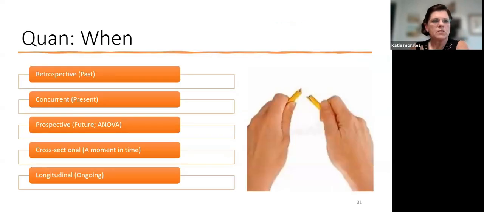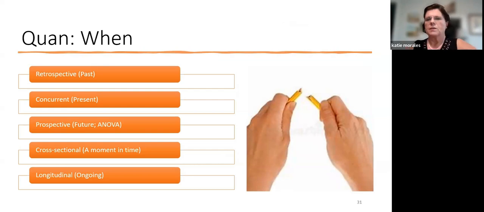We still have our retrospective, concurrent, and prospective angles to look at for when. And I just want to point out that with quantitative, you can start anticipating what analysis they're going to run. So if it's prospective and they're wanting to predict, they're probably going to run an ANOVA. You're going to start making those connections. And then we have cross-sectional,